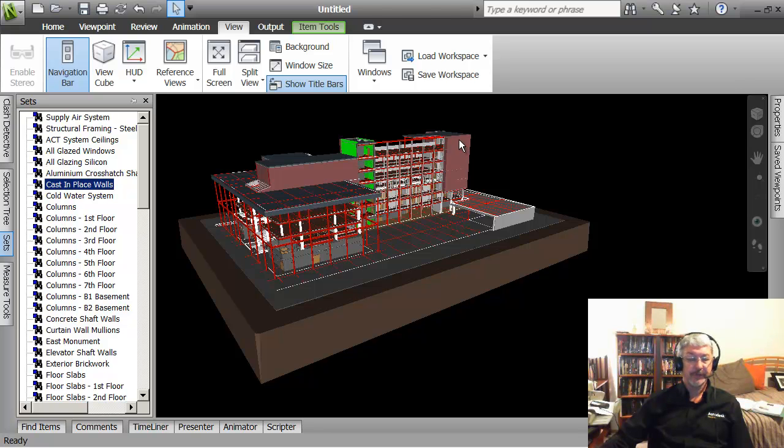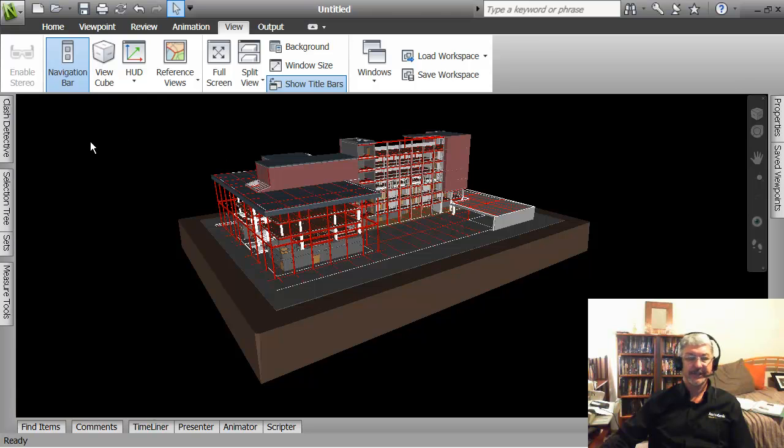For example, walls week 1, walls week 2, walls week 3, walls week 4, whatever the sequence is. So you might have more categories of selection, or finer detail on what is being constructed over what period of time than we have in this actual model. But now we've got the selection sets in,